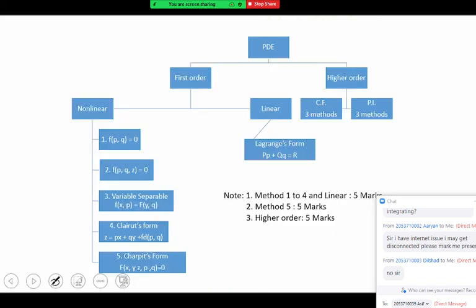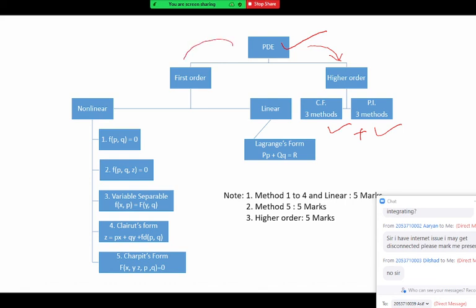So I will sum up our entire topic now. We finished this topic, unit number 4, partial differential equation. In the PDE, first we started higher order PDE. In higher order PDE, homogeneous and non-homogeneous, we use the method of CF plus PI. CF plus PI gives us a complete solution.